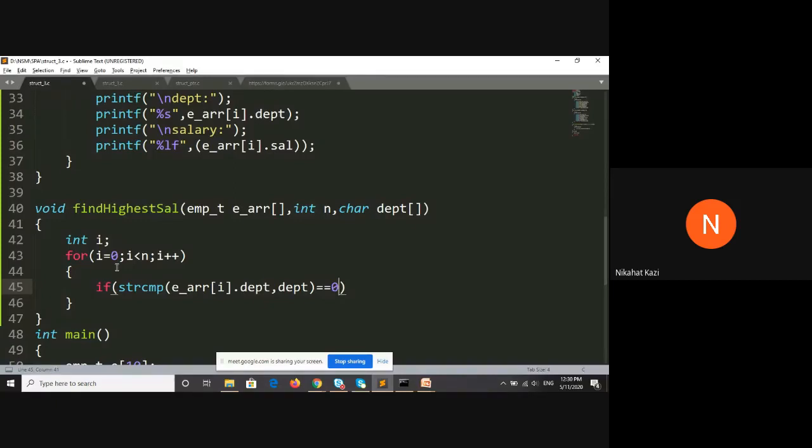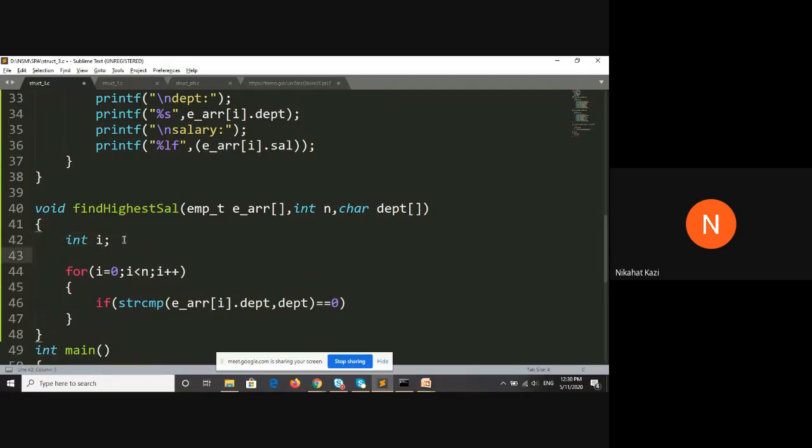So for that we will create one variable here which matches the type of the employee. Instead of creating a variable of only salary, because we want to print the employee details, the employee number as well as the employee name, we will create an employee type temporary variable, e highest.